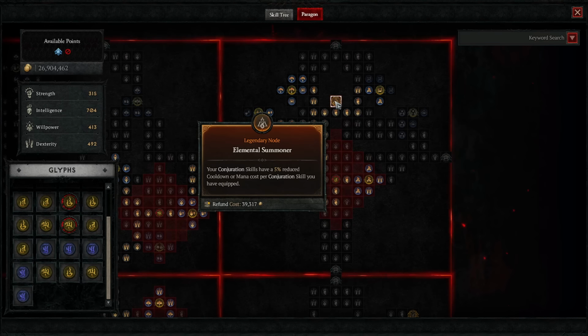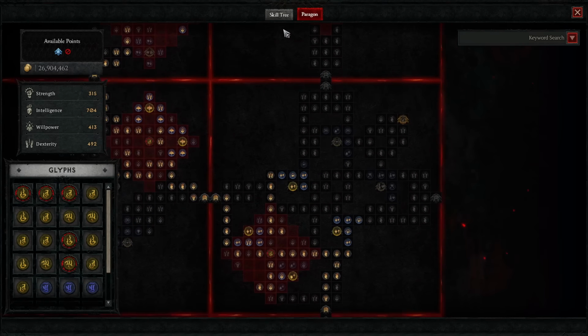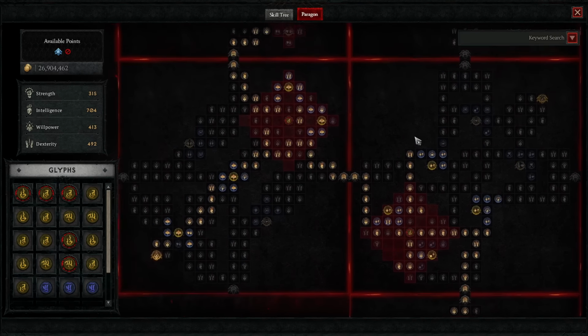Elemental Summoner. Your Conjuration skills have a 5% reduced cooldown or mana cost per Conjuration skill you have equipped, which is quite a few, 3 or 4 of them. We're going to move down to the Glyph and we take Control. 101% damage to crowd control enemies. You deal 10% multiplicative increased damage to slowed or chilled enemies, or instead 20% multiplicative increased damage to stunned or frozen enemies. Once we're done with that board, we're going to move all the way around